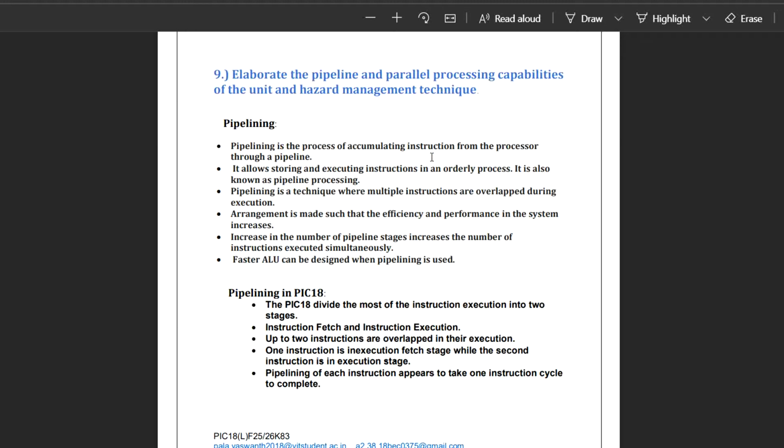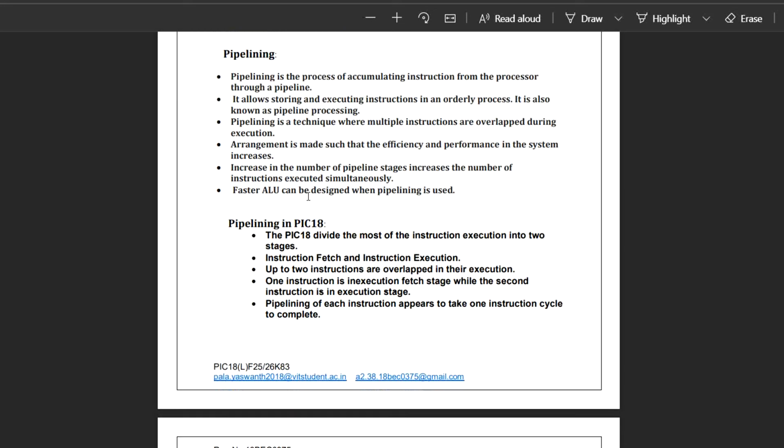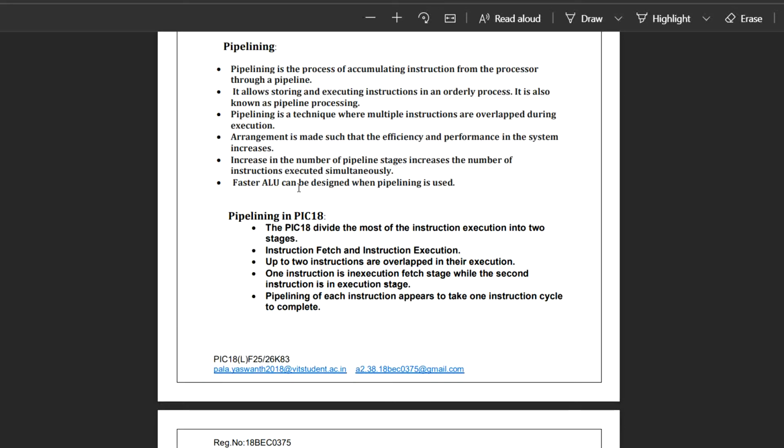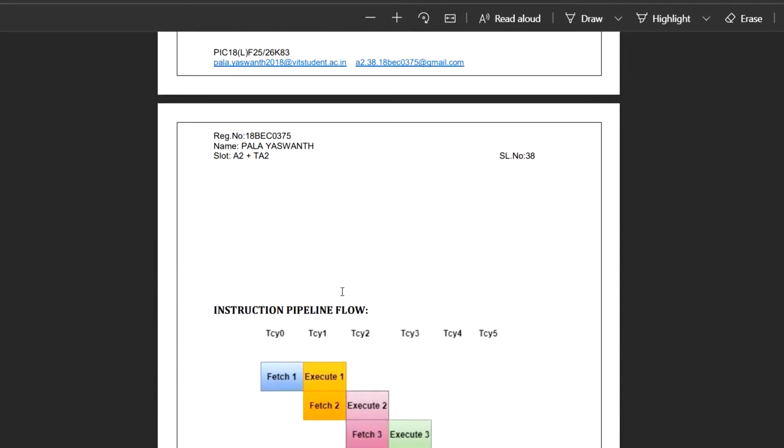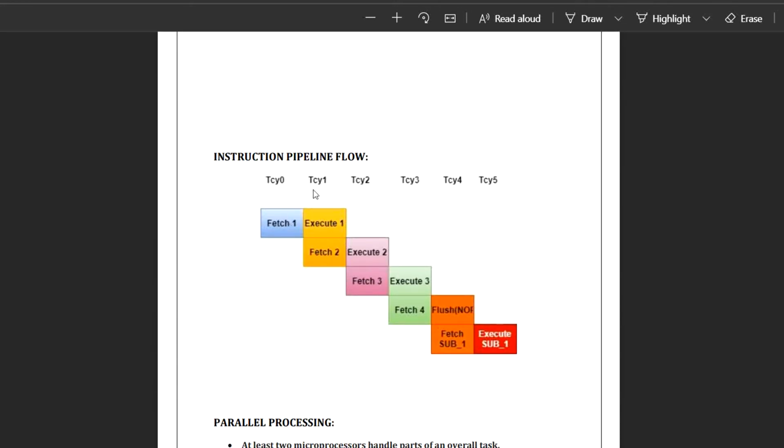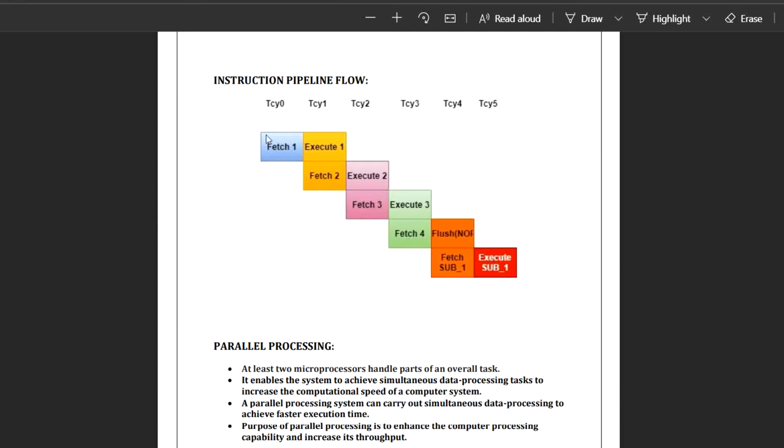So that's how I got to clearly know about pipelining, as we discussed in our normal class. And what pipelining actually relates to is the PIC18F2623 family, the microprocessor I have selected, so I have clearly correlated between them. That is exactly shown here, segregated. This is about what pipelining is, and this is exactly what interfaces between the microprocessor element I have selected and the topic we are discussing, pipelining.